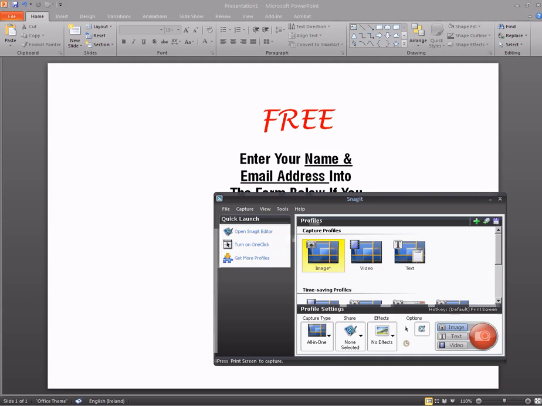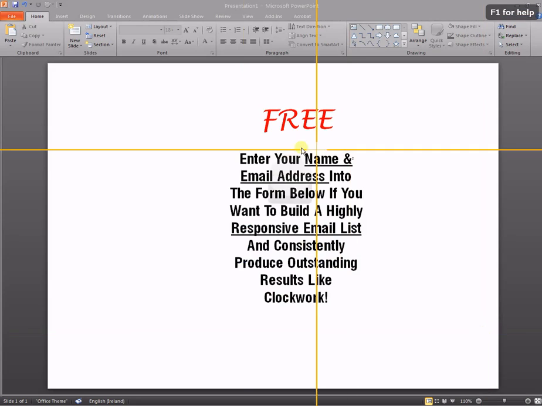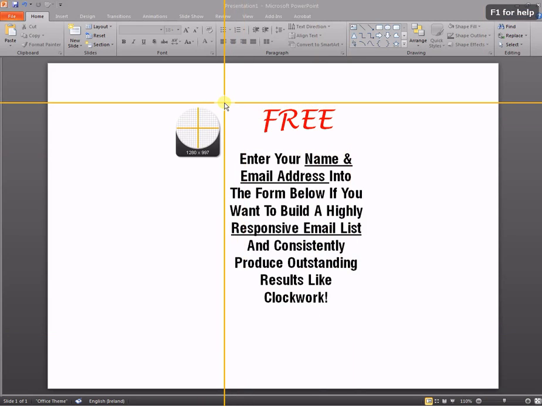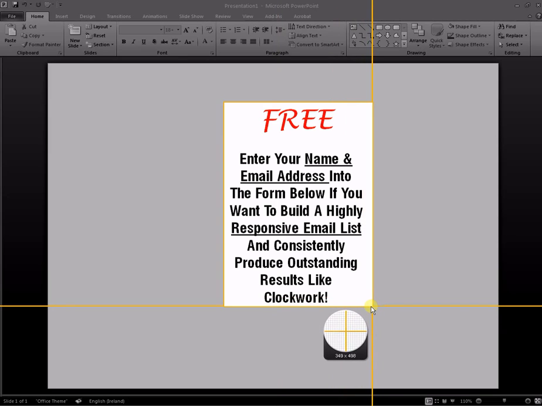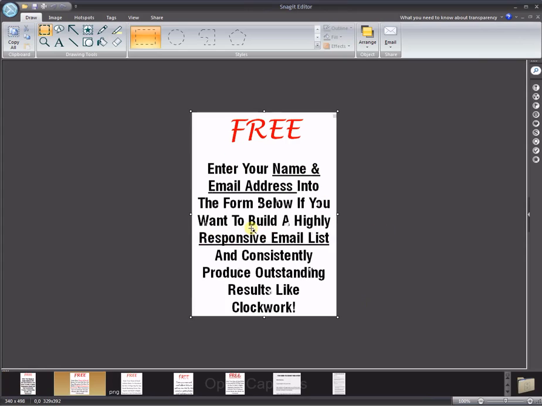Go to PowerPoint, create your form, like we just said with a text box, and then just screen capture this out. Okay, just drag it out. And like so. And there we go. And we're going to put this above our opt-in form inside AWeber. I don't know what it's like inside GetResponse. I'm sure it's probably the same. But I'm going to show you how to do it inside AWeber. So that's that sorted, okay?